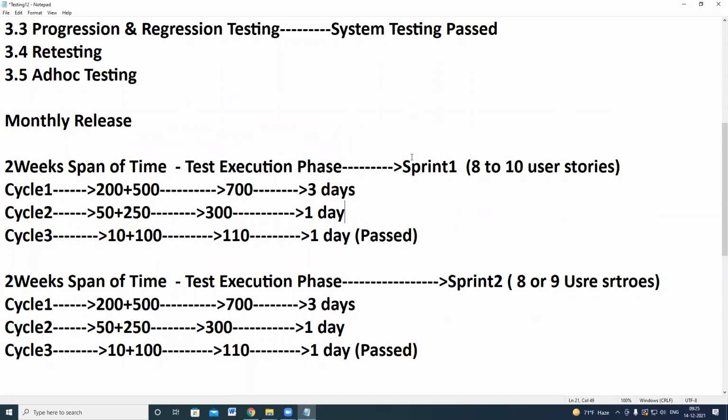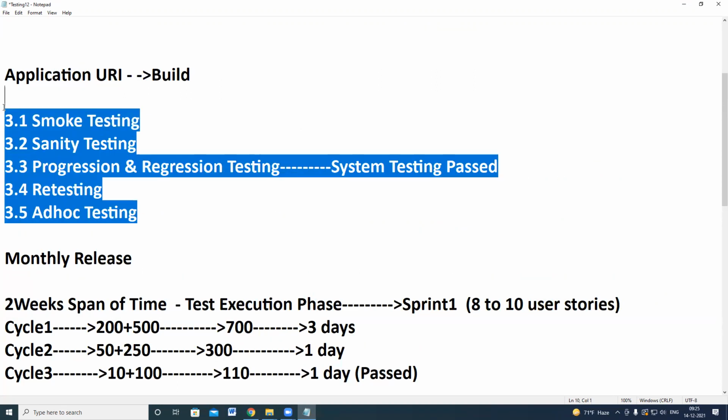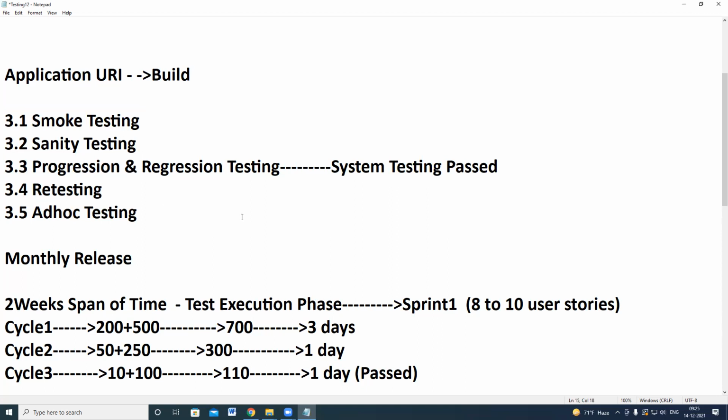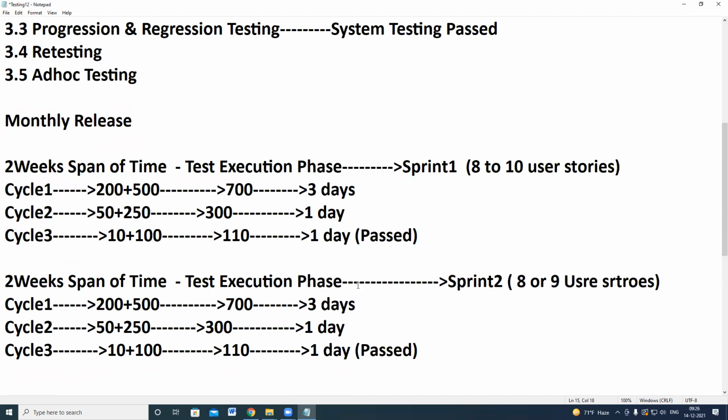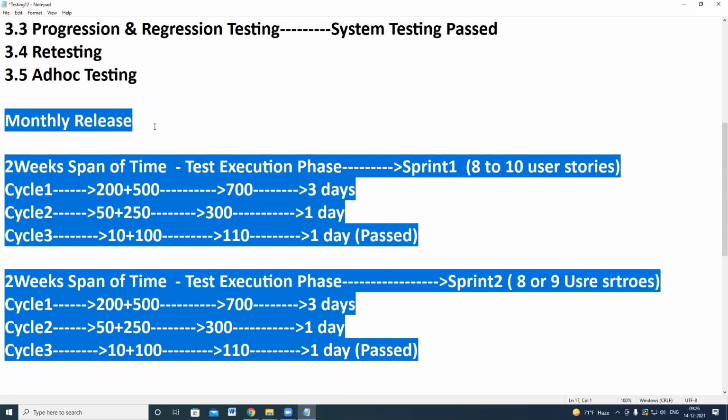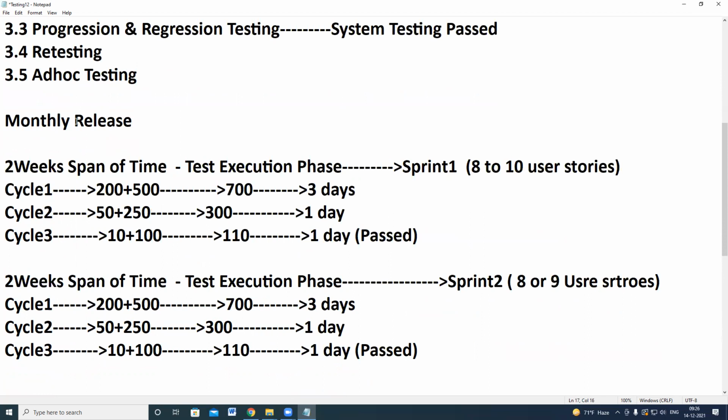Once we receive the build, we have to perform all the testing, and for every test case we have to capture screenshots. Capturing those screenshots in a Word document, we can call it test execution. And we have to update the actual result and status. So for every month, there will be one release. So like this, the process will start.